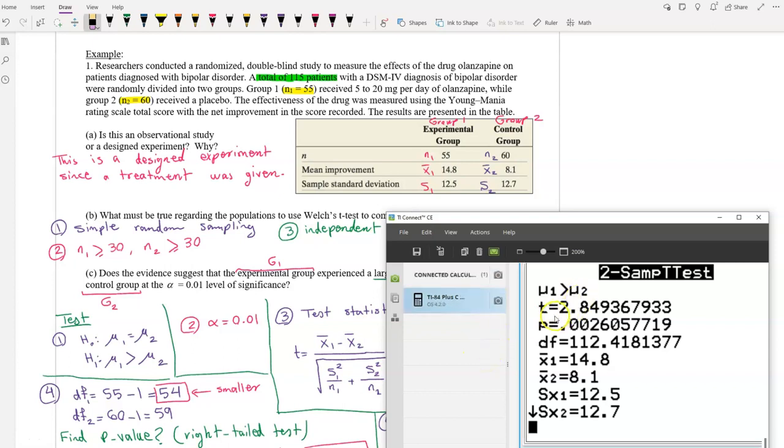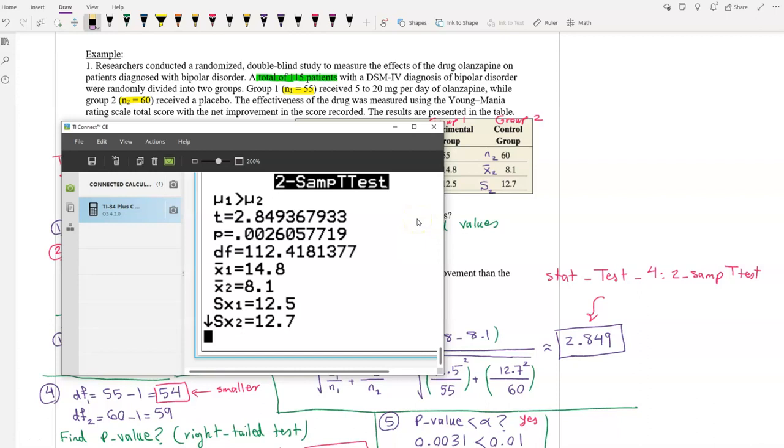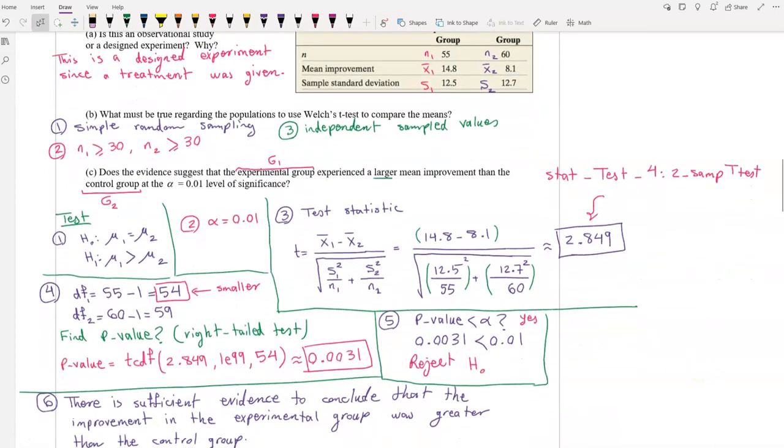Here is what we have as t, rounded to 3 decimal places, 2.849, which is exactly the same as the answer that we had by hand. Our p is different, it's 0.0026 instead of 0.0031, so it's slightly different. Why? Because